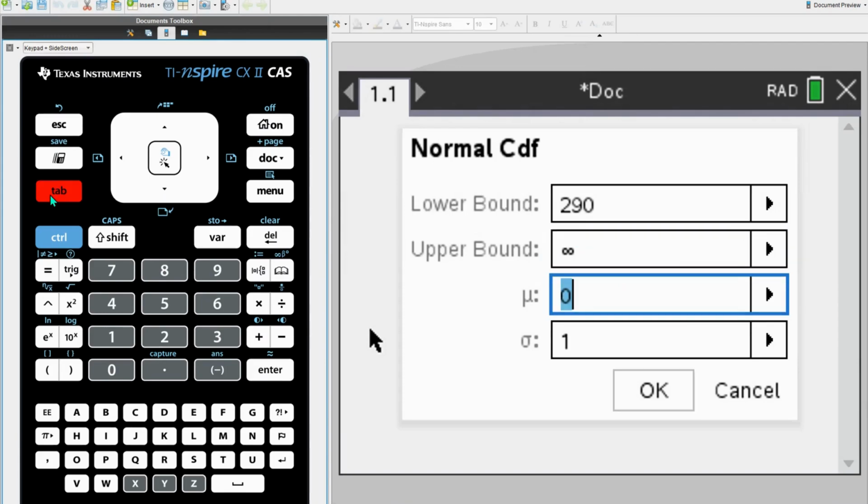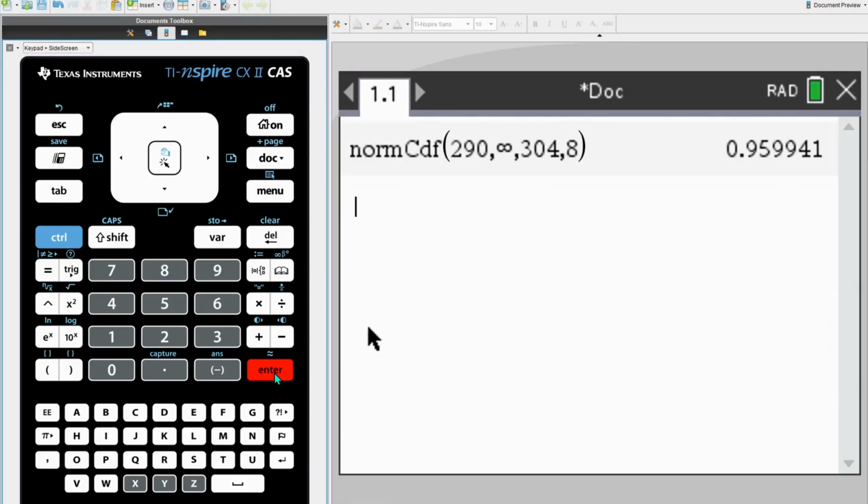Hit tab to go to the next line again, and here's where we put the mean of the normally distributed shots made. Remember, his mean was 304. Hit tab. Remember that his standard deviation was 8. Hit tab and then hit enter. And there we have our solution. It was about